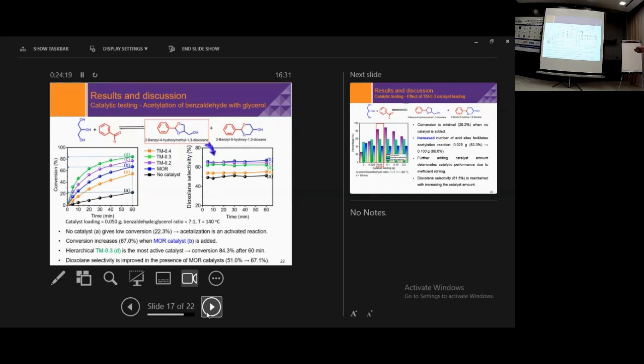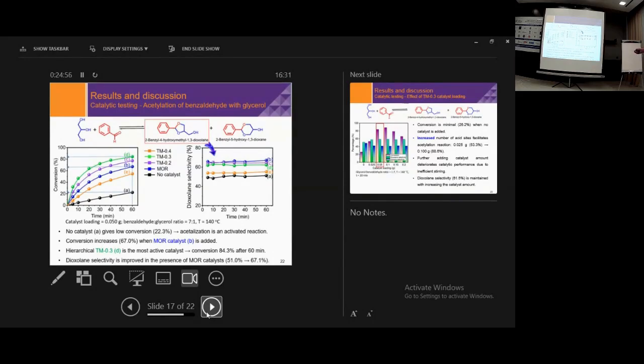So among these three samples, hierarchical TM0.3 is the most active catalyst, and it gives a conversion of about 84.3% after 60 minutes. On the other hand, for the TM0.4, so this is non-mordenite zeolite, and it gives a conversion of about 52%. So for the selectivity of the dioxolate, we can see without catalyst, the